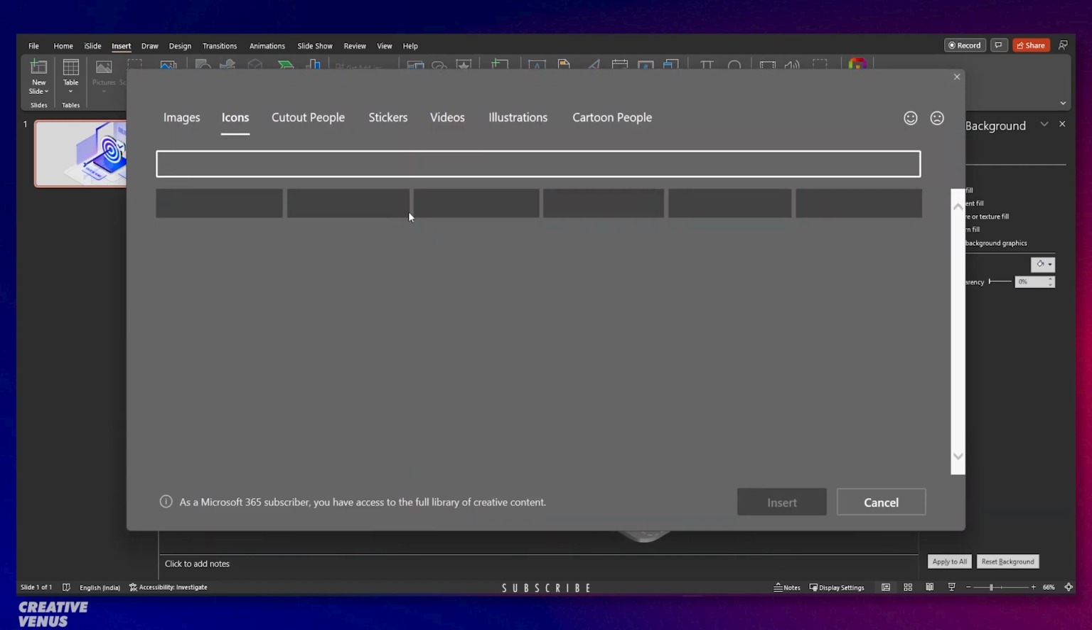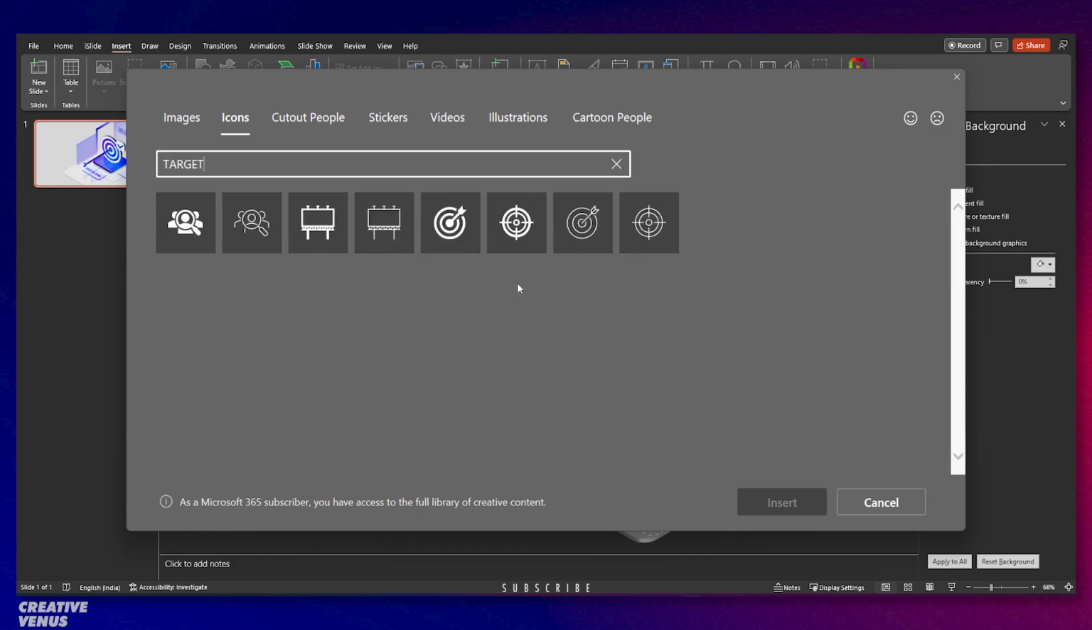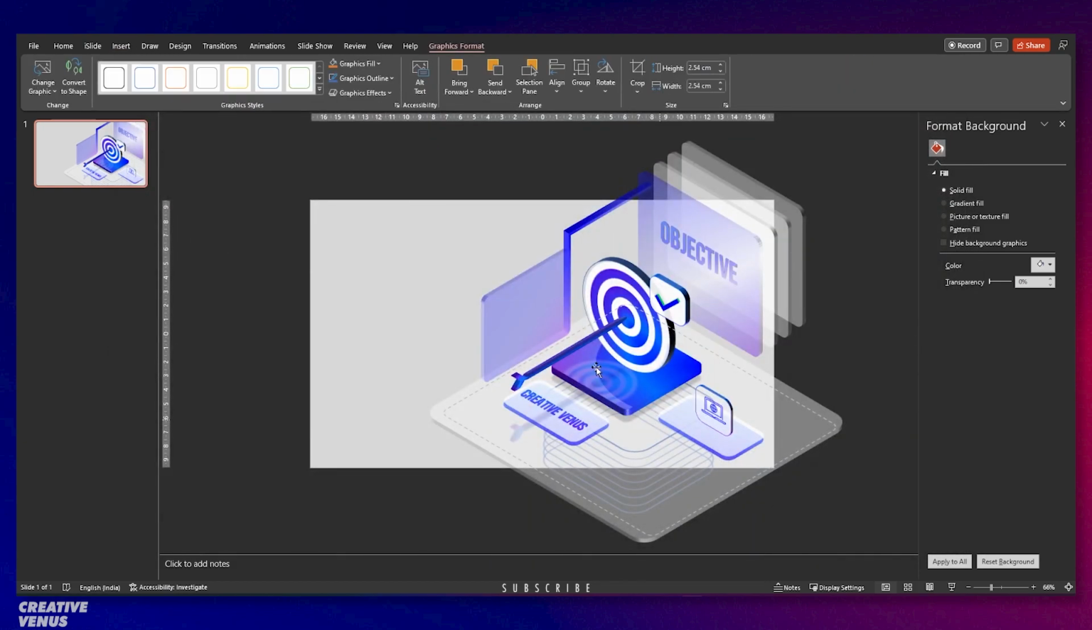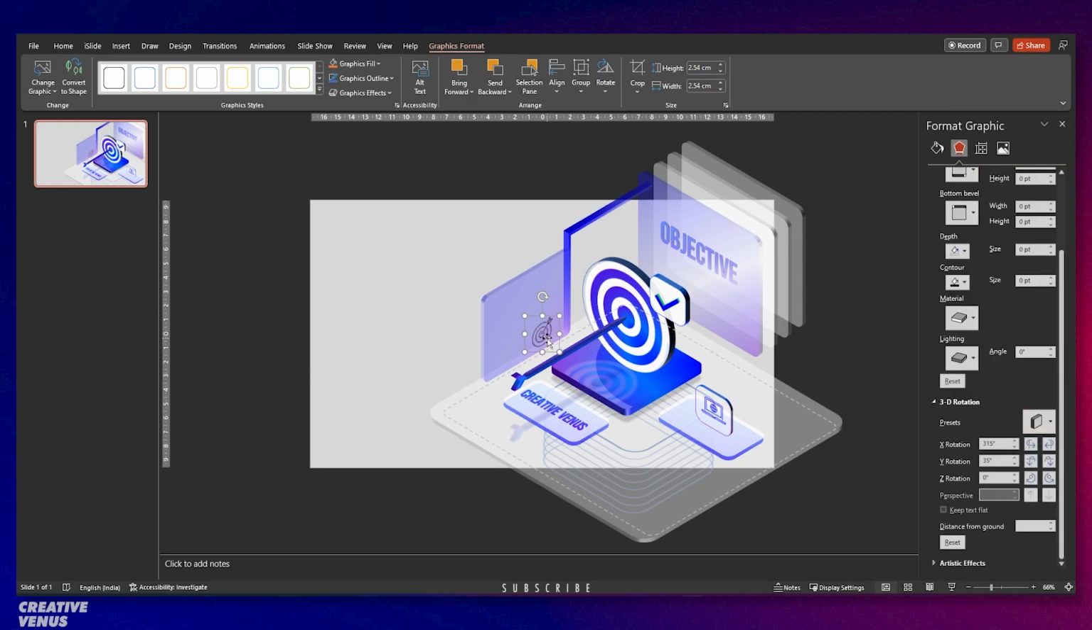Now go to icons and let's add an icon for the target. Let's pick this one, change its orientation to this side and place it on this wall. Increase the size,